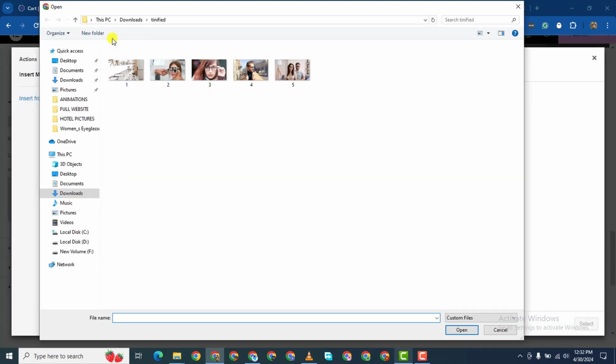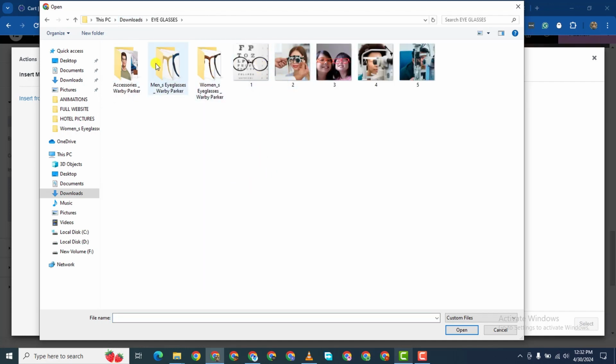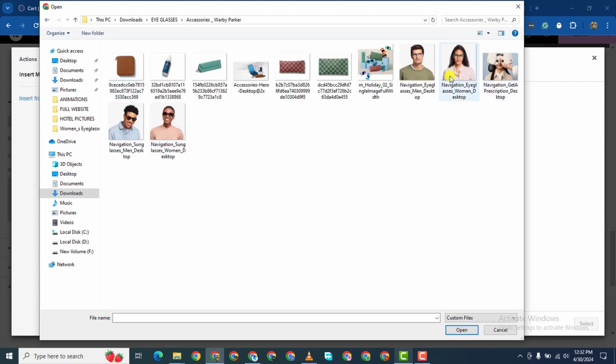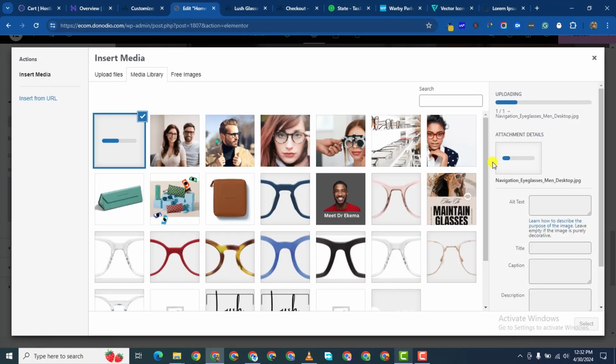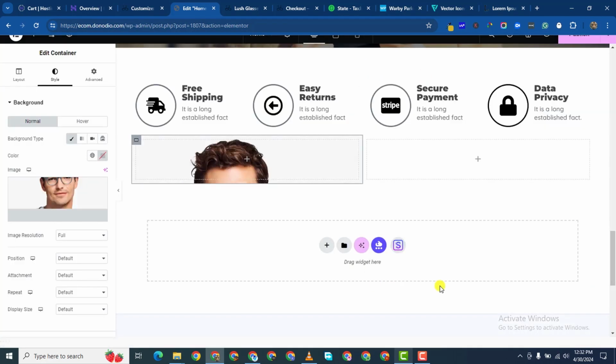I'm going to upload a picture from my computer, and I'll look for eyeglasses, and I can take this to fill that section. I'll insert it there,